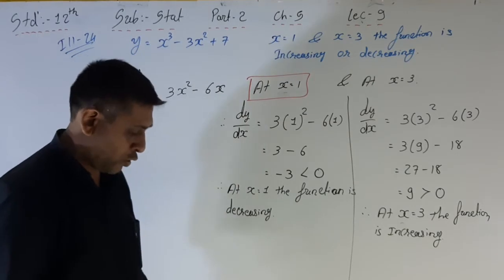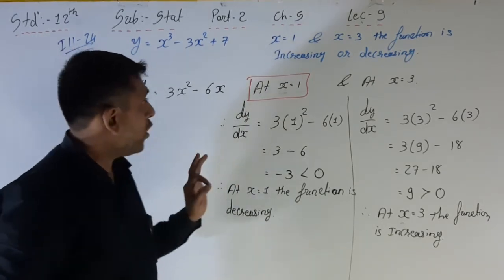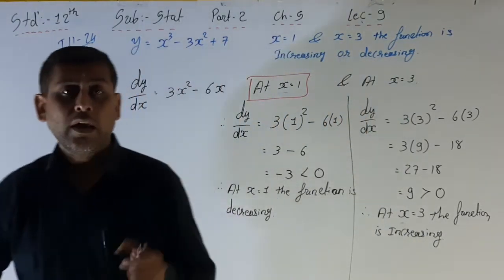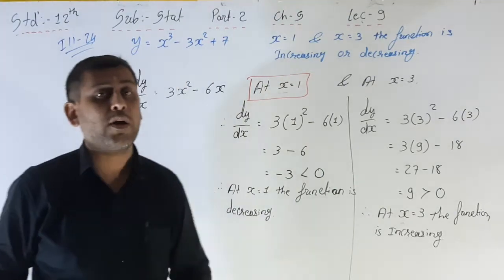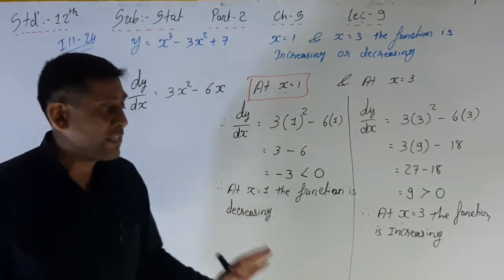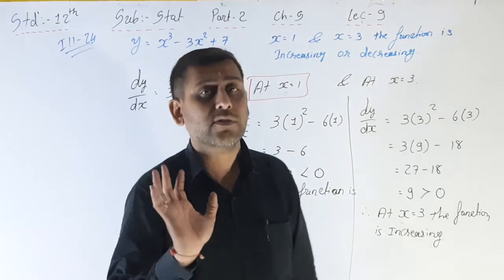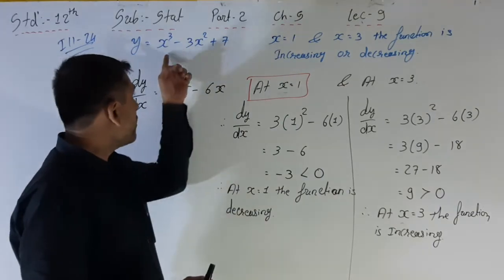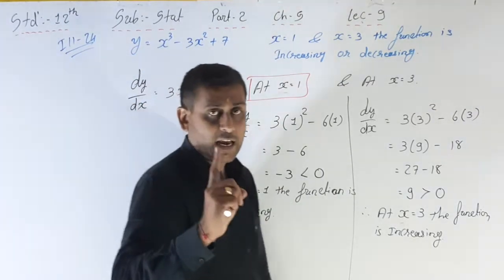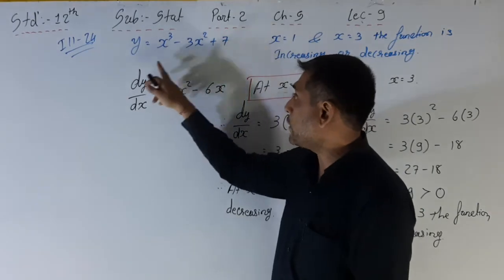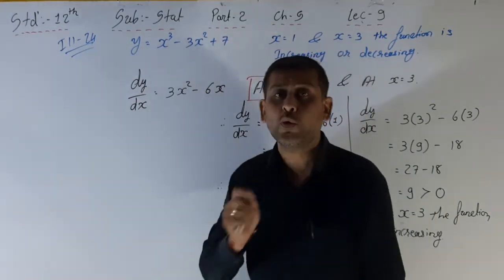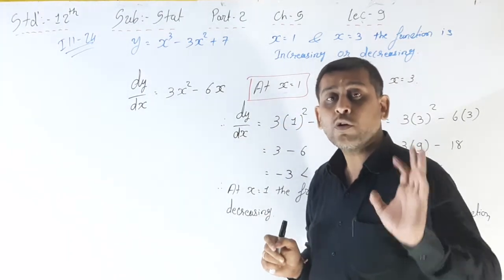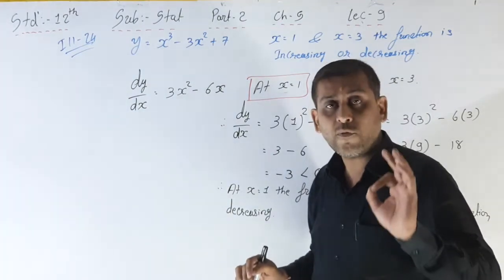Okay, so here is your second sum of increasing and decreasing function. Here at which point the function is increasing, at which point the function is decreasing, we have to find out. See, again it is only a 2-mark sum. It is a short sum. So you have to directly find out the differentiation from the question. That is only one step. Okay, y is equal to so and so, then dy by dx is equal to so and so. You have to write down the first derivative directly. You don't have to show all the steps to find the derivative, the differentiation.